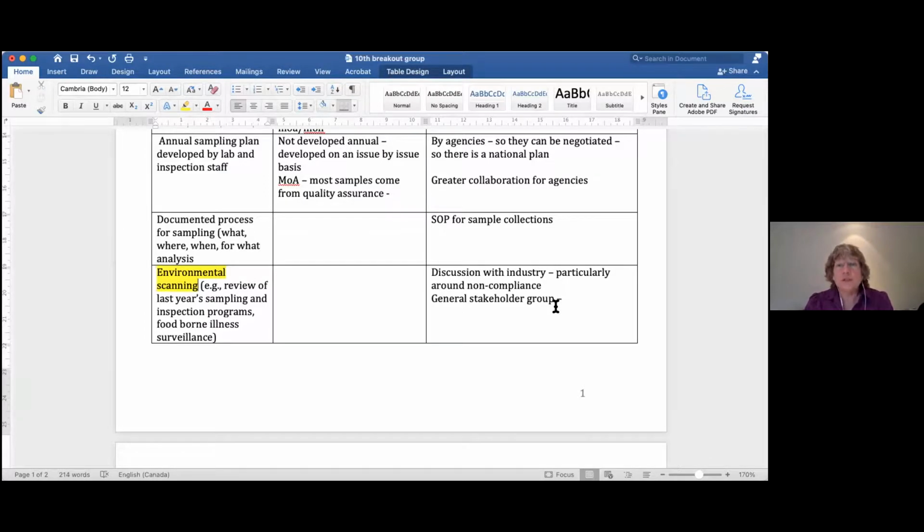And you do need to tell industry if you're going to use that data on a national basis. Most of the time when you go to data on a national basis, you remove all identities. So even though it came from food business A, B, or C, the discussion would be about sector information and data, not about a food business data. It is only when you get to compliance and enforcement that you're probably going to be working with a specific food business in terms of